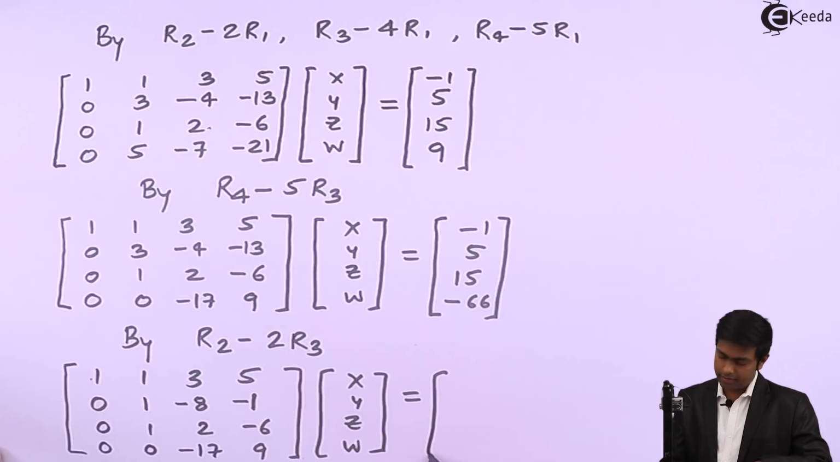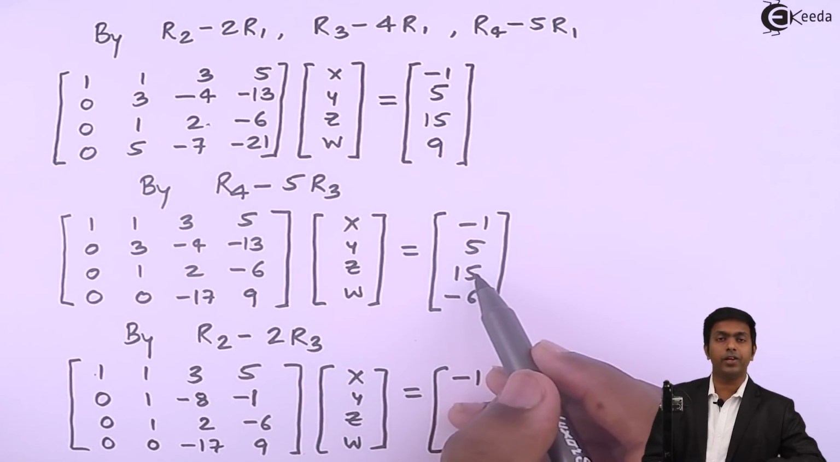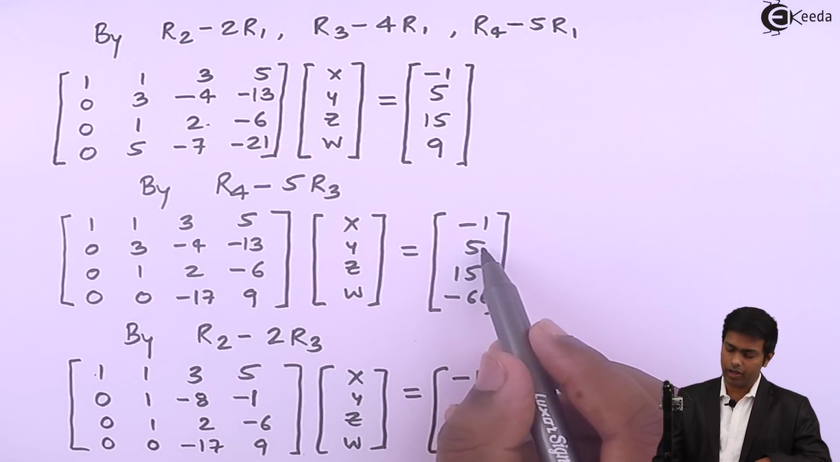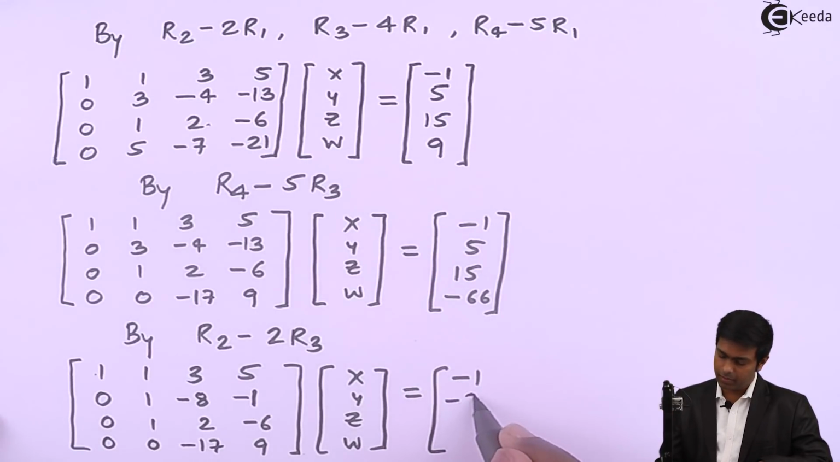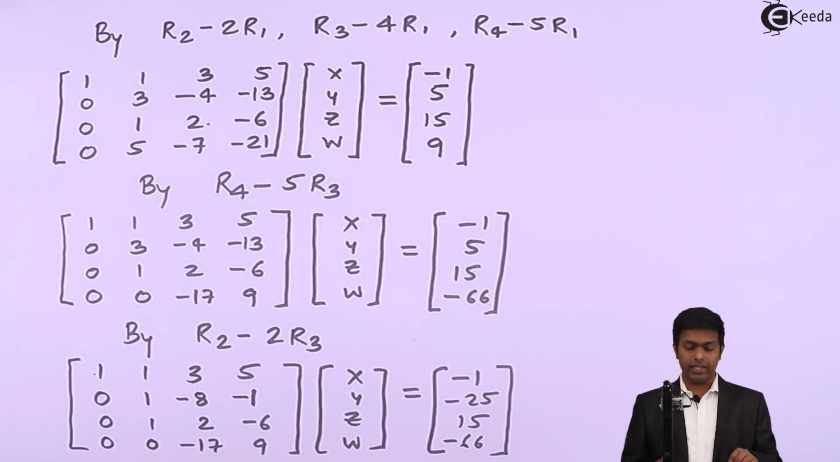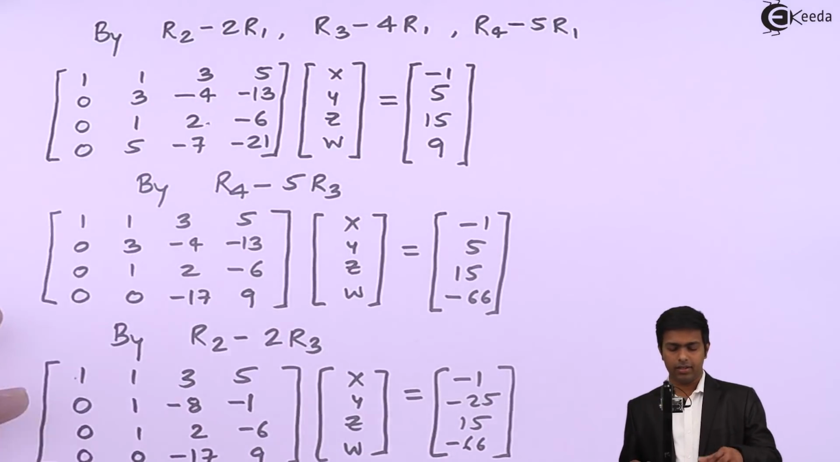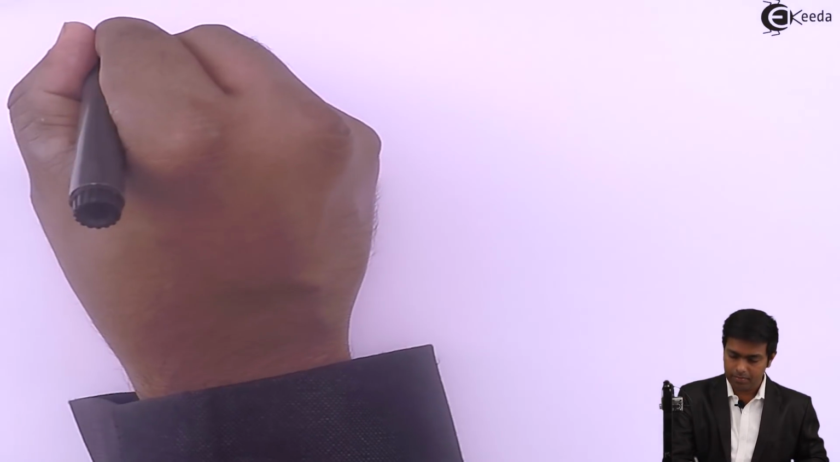Here we will get minus 1. Here 15 2s are 30. So 5 minus 30, that is minus 25, 15 and minus 66. Now you can see here that I have made this R2 element as 1. So I can subtract this R2 from R3. So by R3 minus R2 I will get here 0. So here I will say by